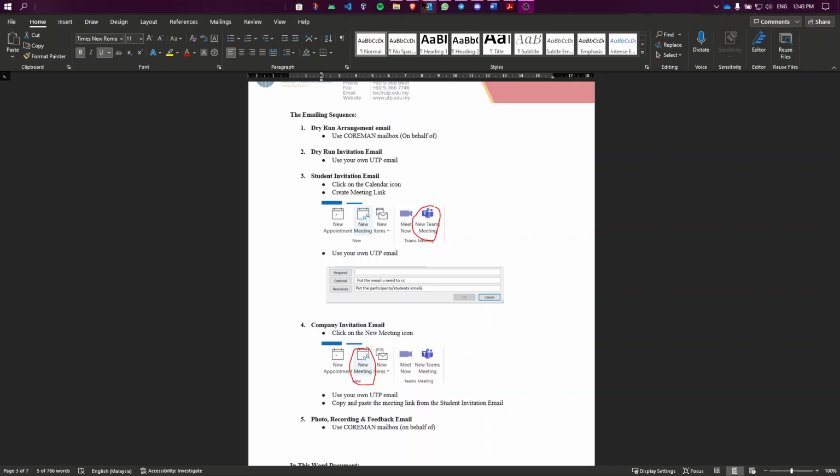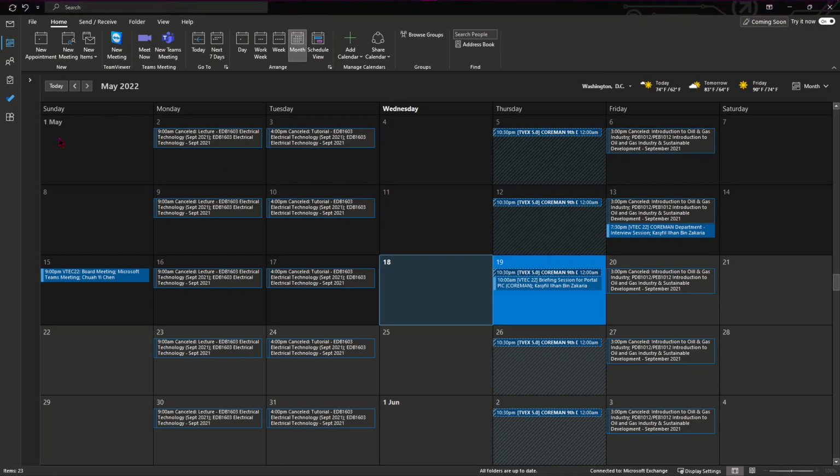So go to your Outlook and then go to calendar. Like I said just now, maybe if the event is on this Friday and you made the dry run everything on the Thursday, you also have to send an email on the Friday to the students. All right, so click new Teams meeting,